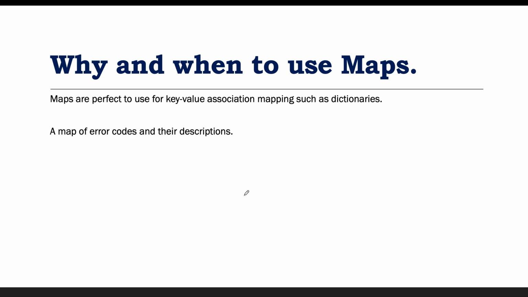The next use case we can see in our project is a map of error codes and their descriptions. We know that there are multiple error codes and there could be some descriptions like 202 Created, 200 OK, 404 Page Not Found. So let's say we want to store the error code information. For those kinds of scenarios we can use the map, where we can store the key as an error code and the description as a value.